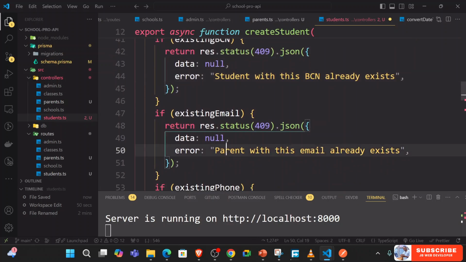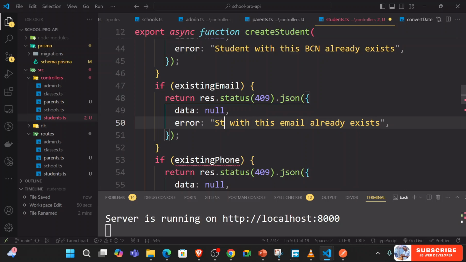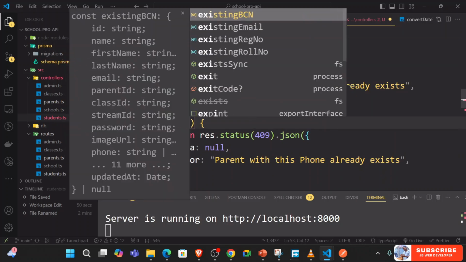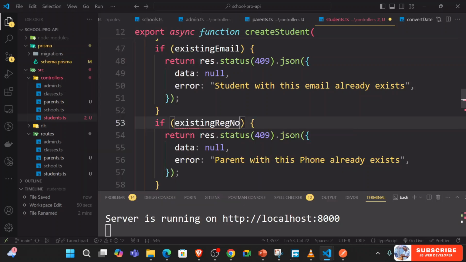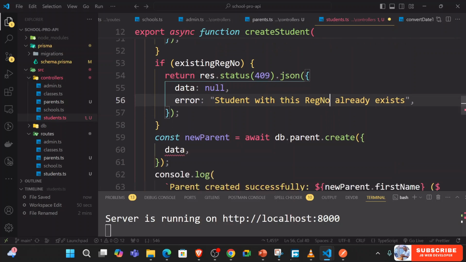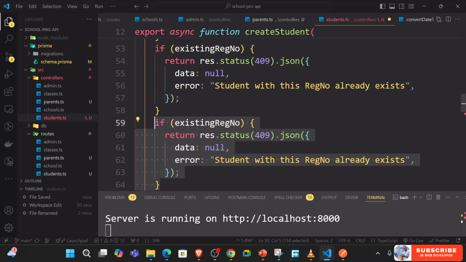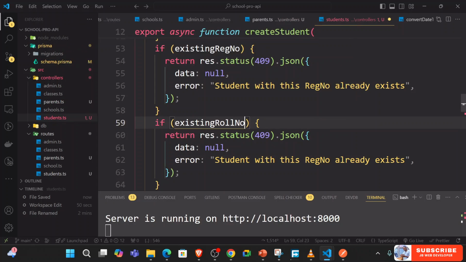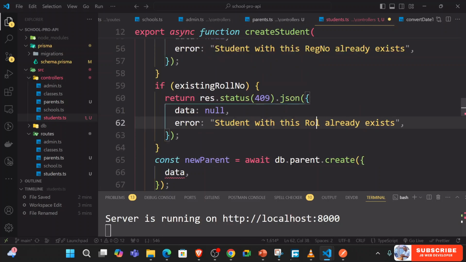So do the email student with this email, and then here we have existing like reg number student with this reg number already exists, and then finally we have existing roll number. So you can just come here and support student with this roll number already exists, and then